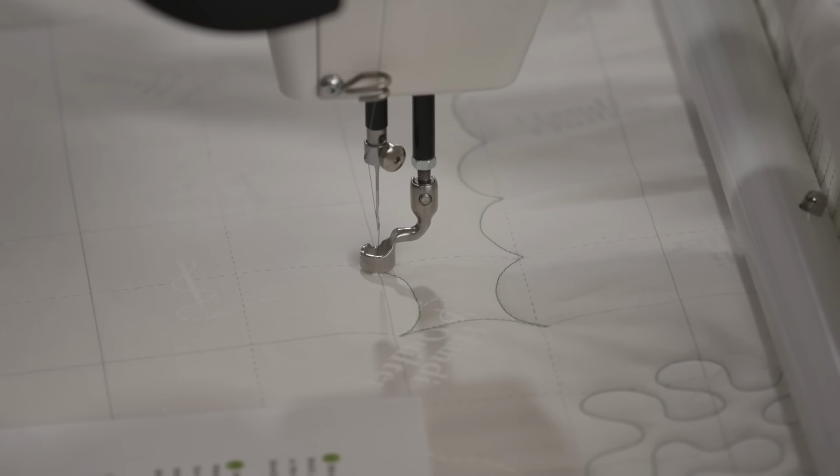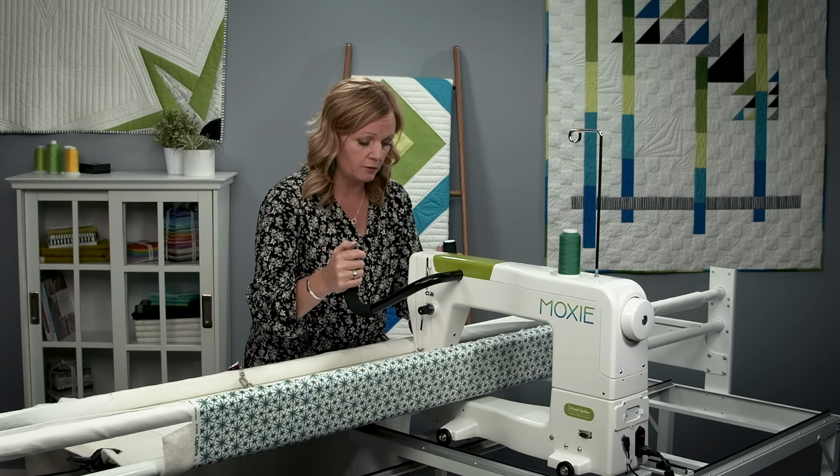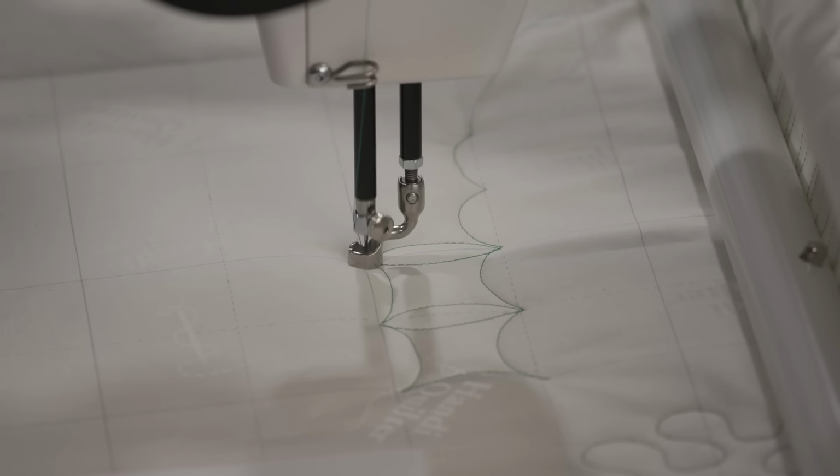And what I need to make sure that I'm doing is filling in the vertical grid. So from this point, I'm going to go straight up and then back down. Now I'm going to go back across to the left, straight up to fill in that vertical grid, and back down, across to the left, up, down, across to the left. And now what I'm going to do is stitch just an arc all the way across the top like I did on the first row. And I'm looking at the point that I'm headed to. Back down,